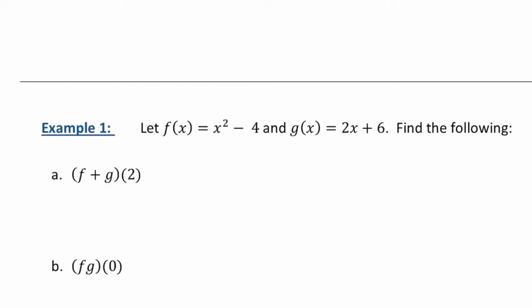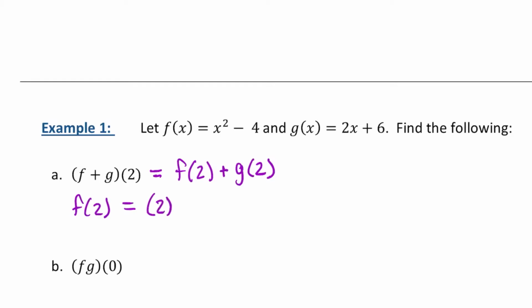Okay, so we're going to evaluate some different combinations of functions. If you see something like f plus g of 2, basically that just means that you're taking f of 2 and g of 2 and adding them together. So if I do them individually, going to function f and plugging in 2 for my value of my variable,